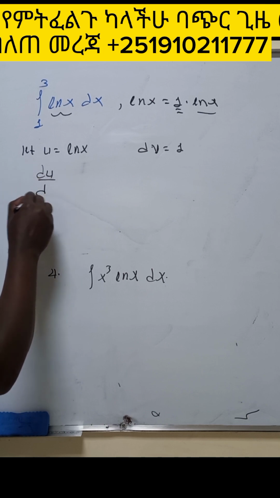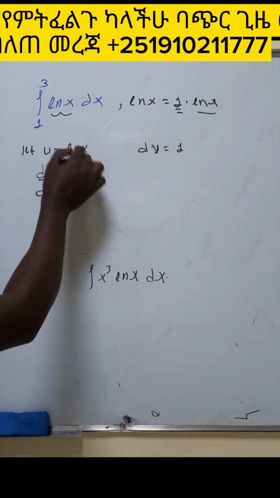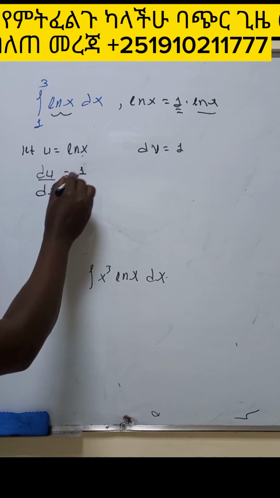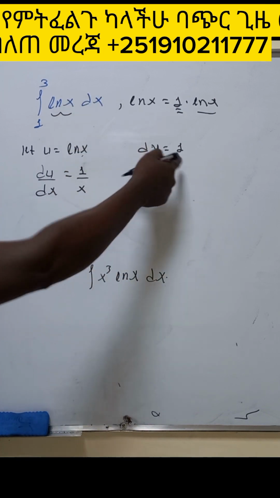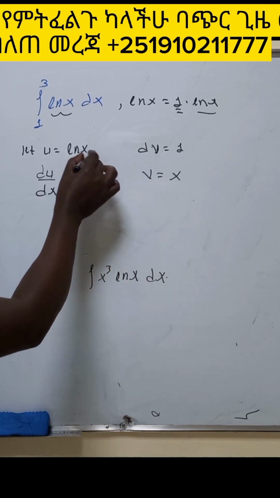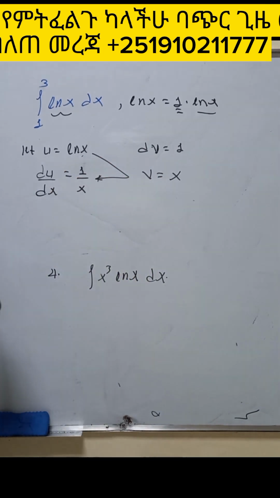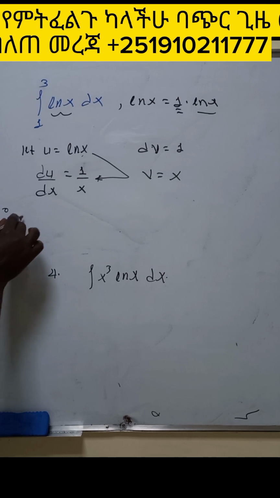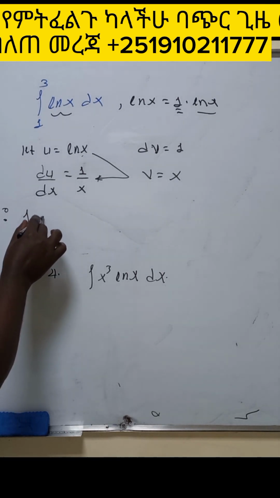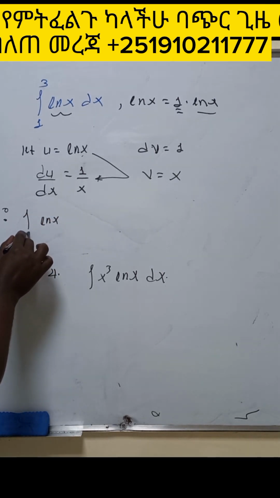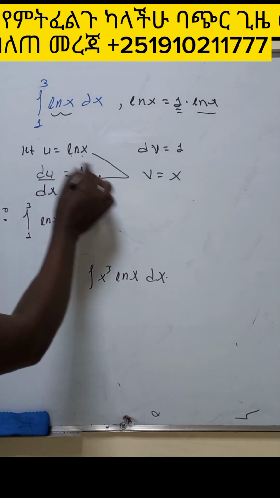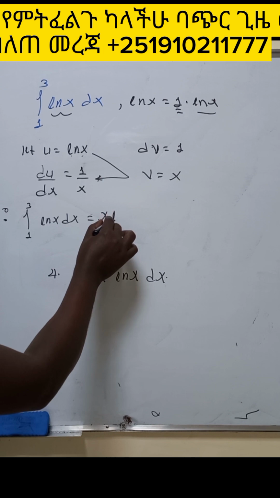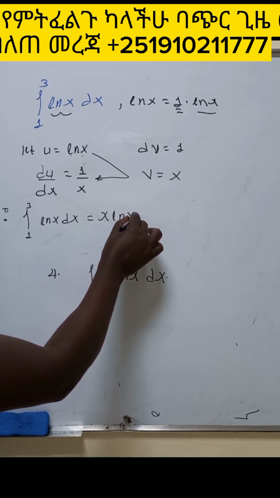du by dx inside, I have the integral of this. The derivative of ln x is always 1 over x. And v, what kind of function's derivative gives us 1? Obviously this one. Then we have to use this principle, and therefore now the integral of ln of x, running from 1 to 3 with dx, is given by ln of x times x, x ln of x, minus